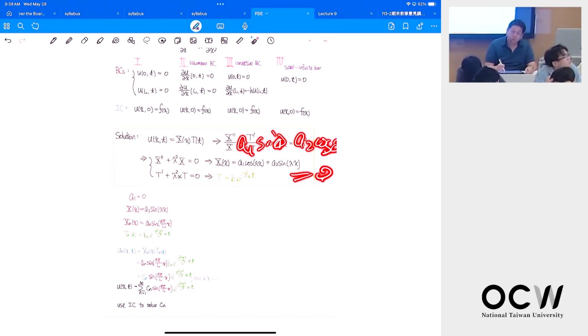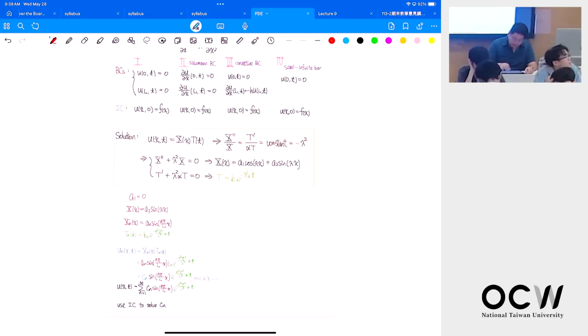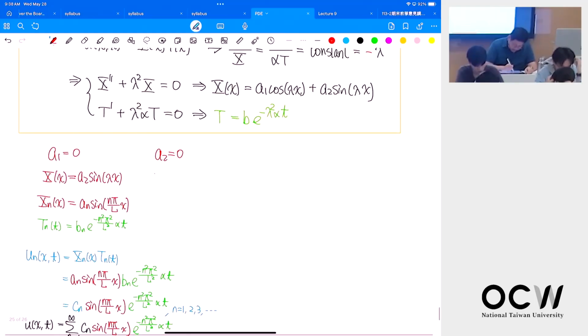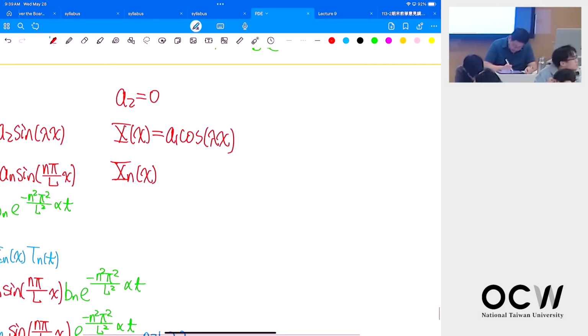So for the second type, your A2 should be 0. And then your x is A1 cosine lambda x. So your xn is having another boundary condition, then you get xn will be An cosine, and you can find the lambda